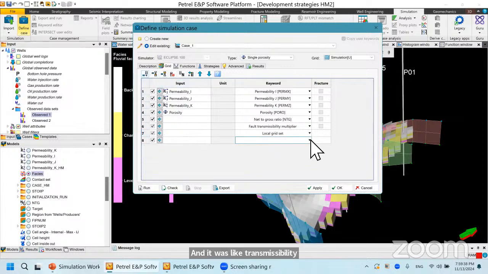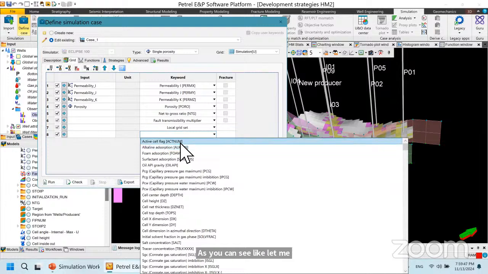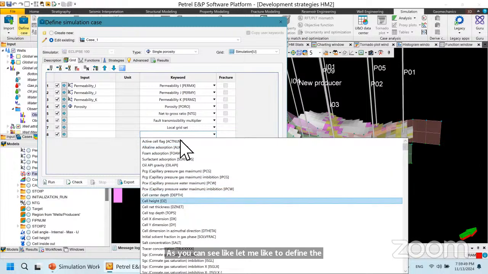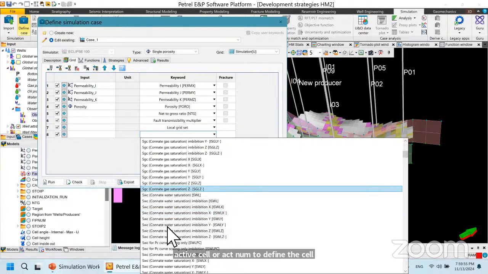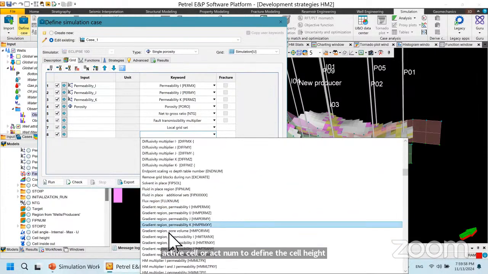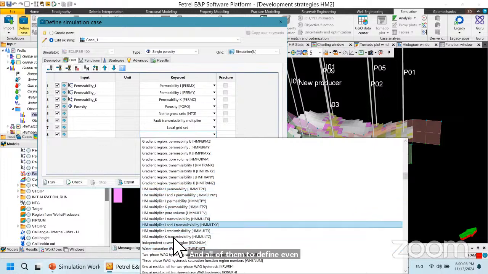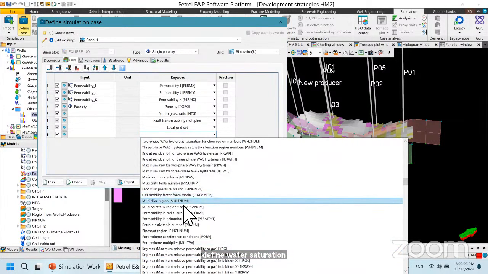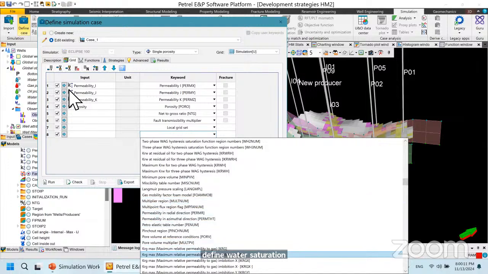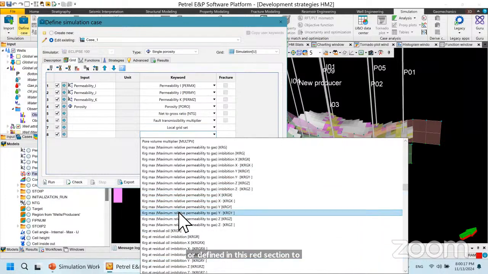All of these properties can be defined, as you can see, like the regions or active cell or ACTNUM, to define the cell height, define SWC, SWI, gas critical, and all of them, to define even aquifer. Also, you can define water saturation and minimum pore volume. So different keywords can be added or defined in this grid section to define some constraints of your 3D run